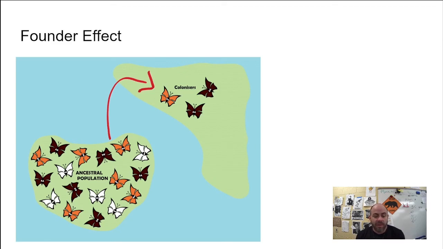Let's see, 5, 6, and everything's kind of normal, right? 5, 6, 6 looks like, and everything seems pretty even, and then orange and 2 browns decide to move away. And, right, completely change. That new population is going to look completely different than the base population because they took a very small sampling of that population and moved away. We call this founder effect, and this is an example of genetic drift.